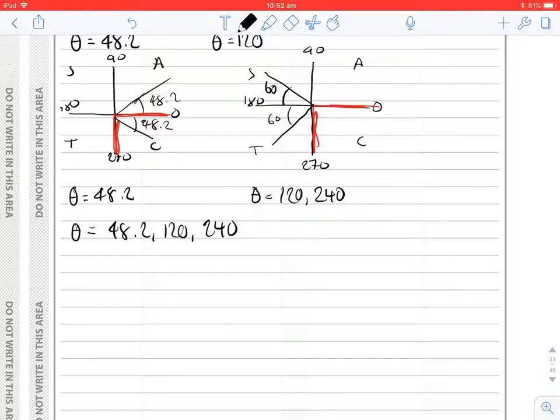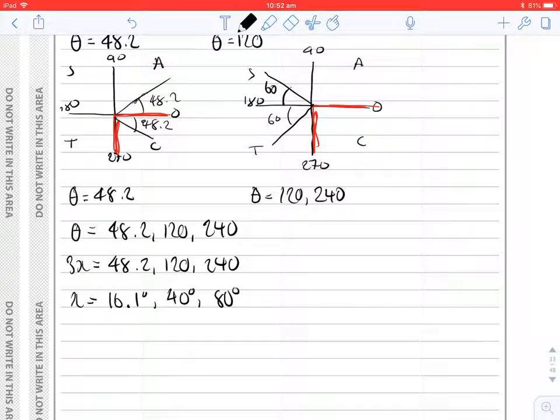Now, we did a substitution at the beginning, so this is actually my 3x values of 48.2, 120, and 240, leaving me with my x values of 16.1 degrees, 40 degrees, and 80 degrees, which are all within our